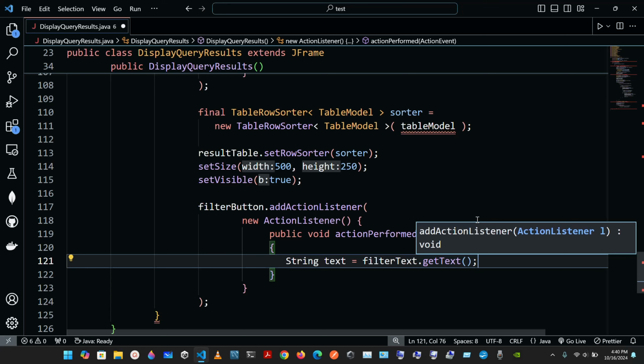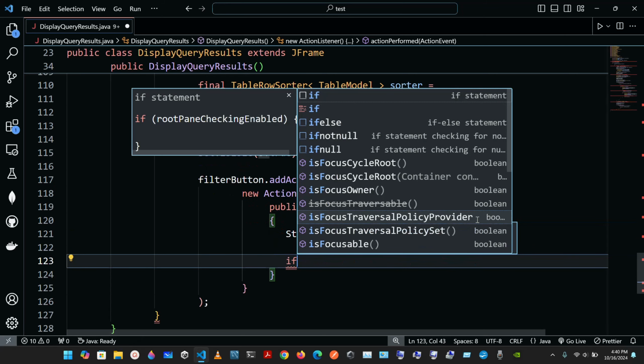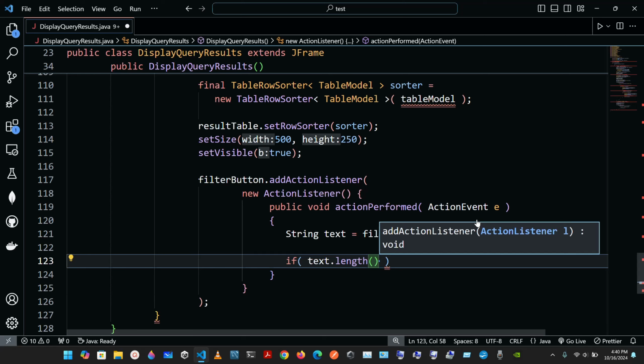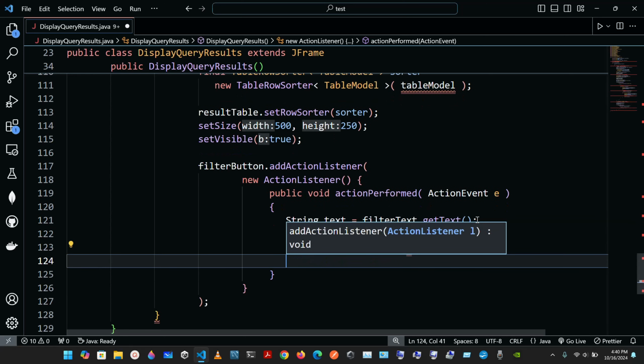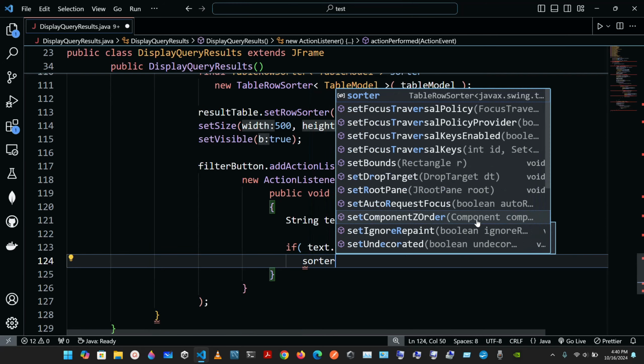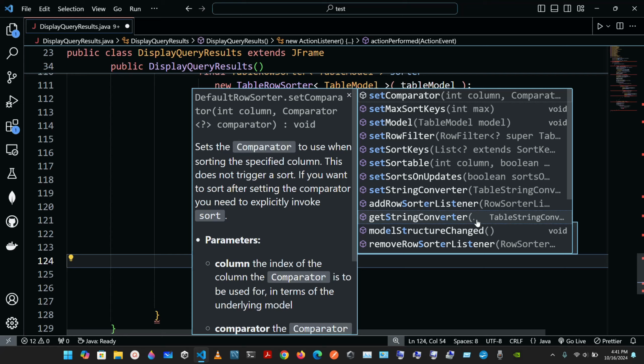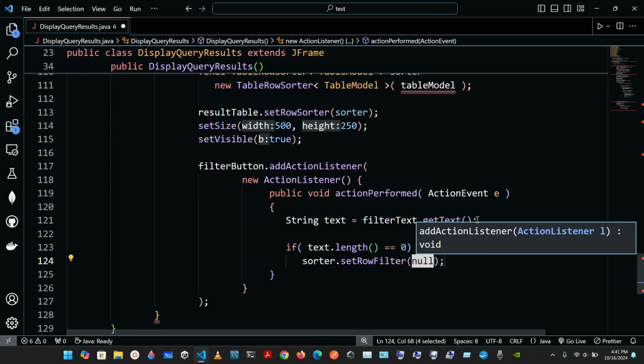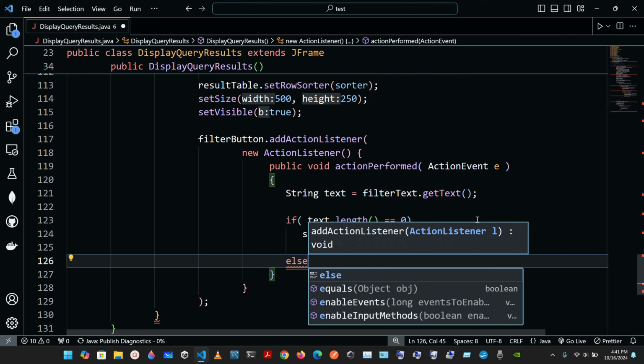So we're gonna go below, and we're gonna have an if statement. If text.length() is equal to 0, then we're gonna have sorter.setRowFilter, and in parentheses we're passing null. If the text length is equal to 0, we're gonna have the sorter setRowFilter passing null. Else,